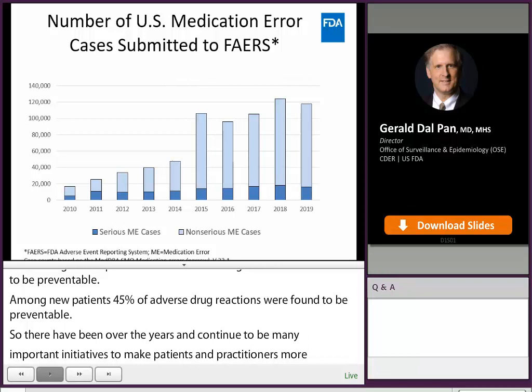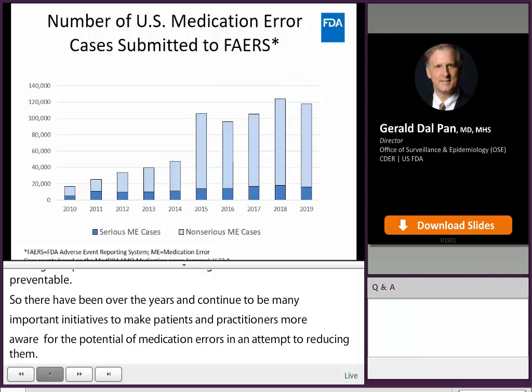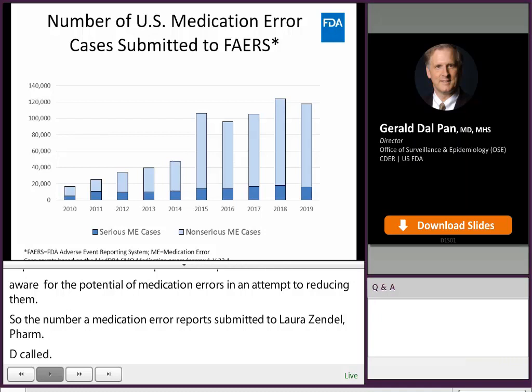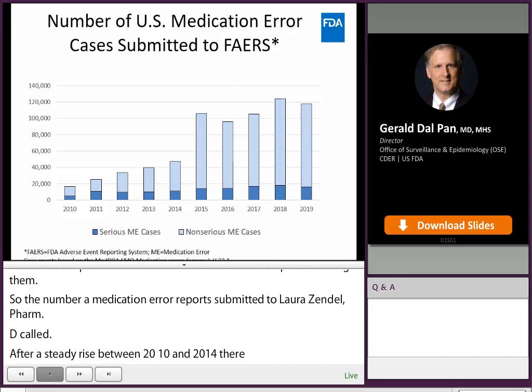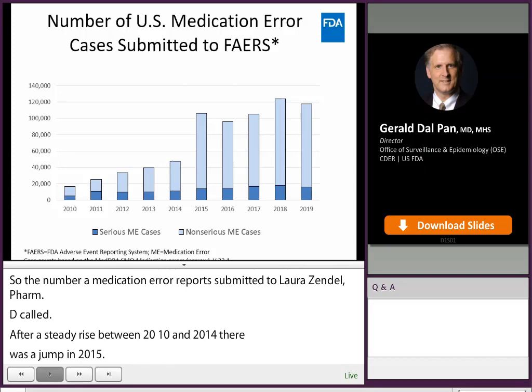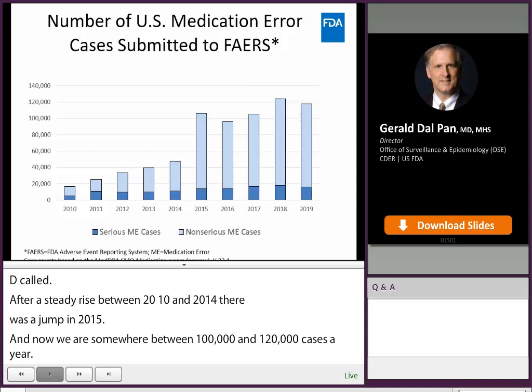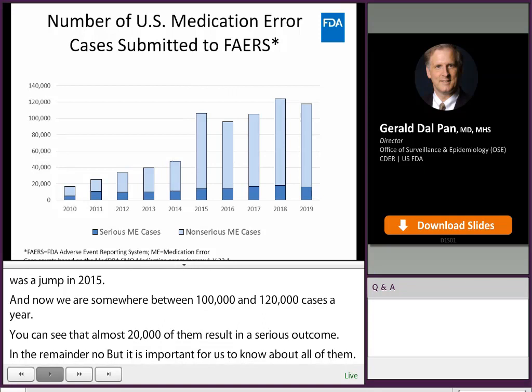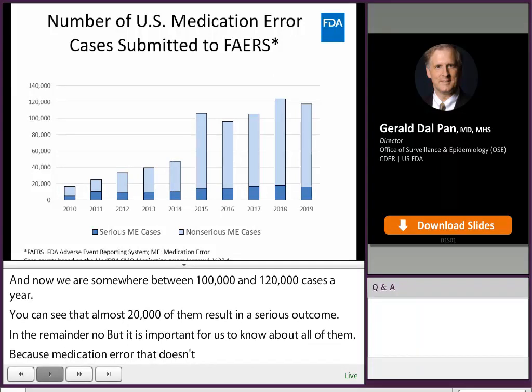steady rise between 2010 and 2014, there was a jump in 2015, and now we receive somewhere between 100,000 and 120,000 cases per year. You can see that almost 20,000 of them result in a serious outcome, and the remainder don't. But it's important for us to know about all of them, because a medication error that doesn't result in a serious outcome today may result in a serious outcome tomorrow. So the sooner we learn about it, the sooner we can try to do something to prevent some of tomorrow's serious